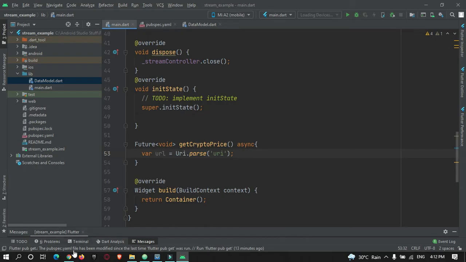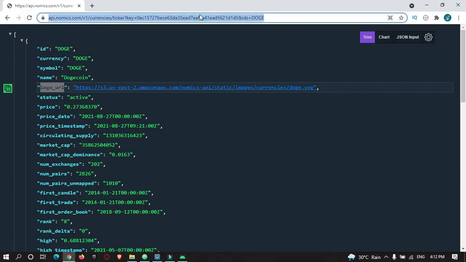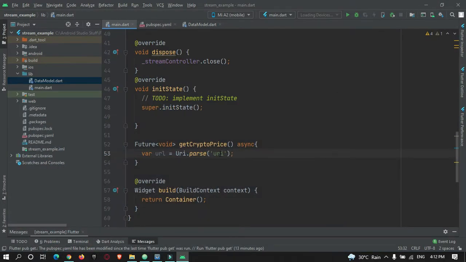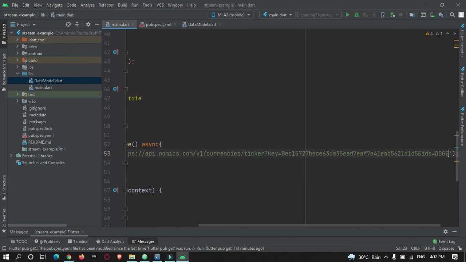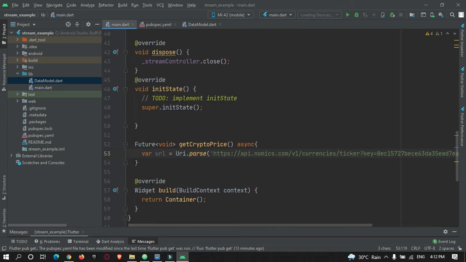So let me copy the URL. So I'm just copying it and pasting it over here. So here I'm just replacing it with Bitcoin, BTC. So by making use of BTC, it will just get the data of Bitcoin. Okay, so our URL is ready.